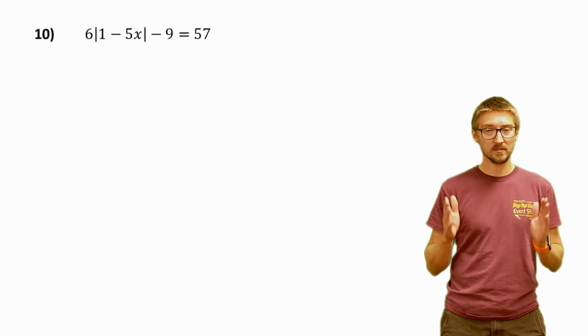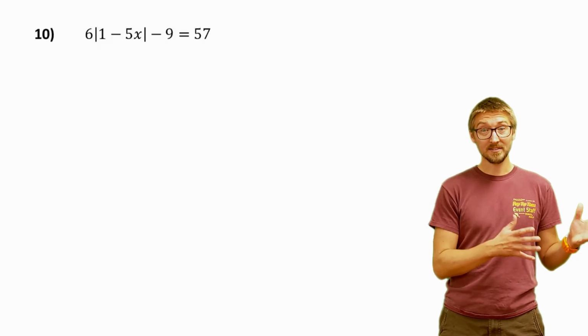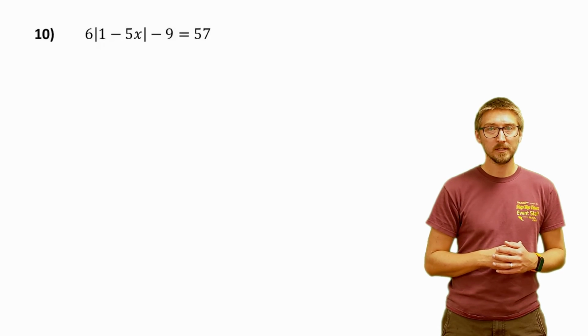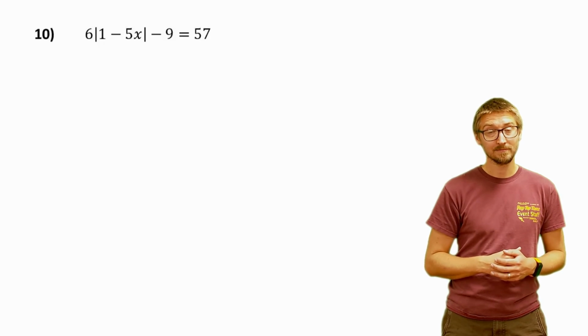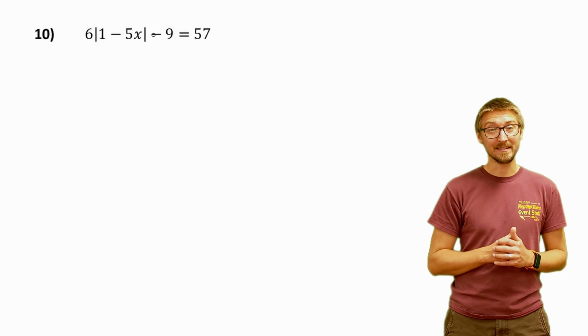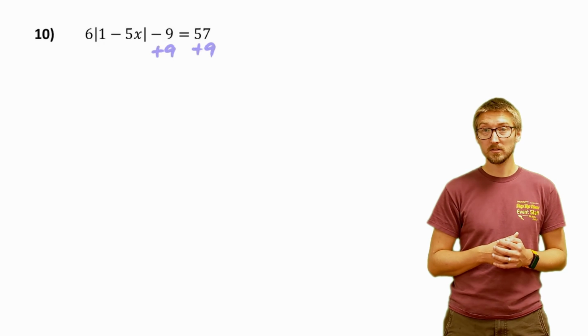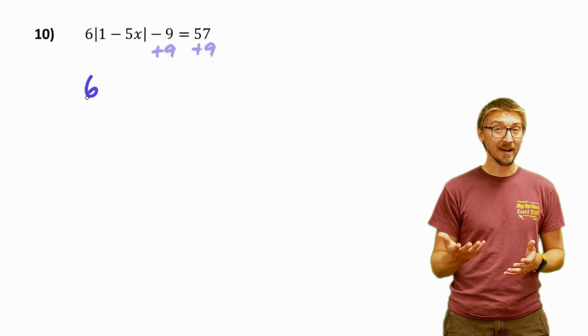Question number 10 has several steps incorporated here. So it says 6, the absolute value of 1 minus 5x, and then minus 9 after the absolute value bars, equals 57. Now going backwards through the order of operations, it's clearly that minus 9 that needs to be dealt with right away. So I'll add 9 to both sides. 57 plus 9 is